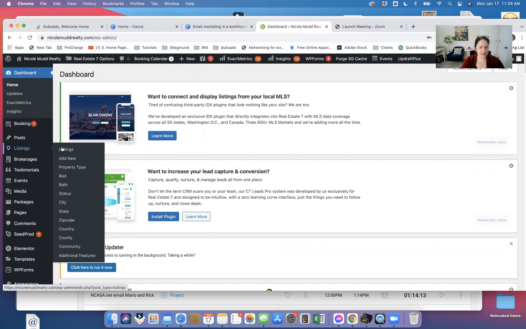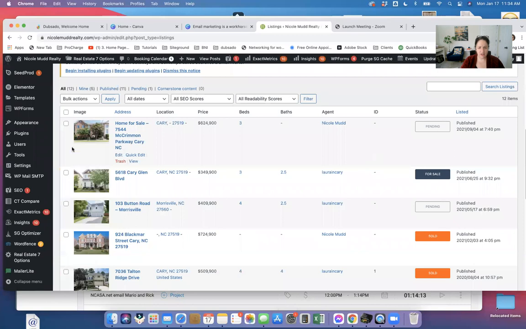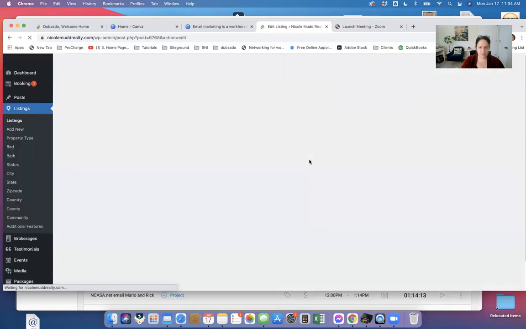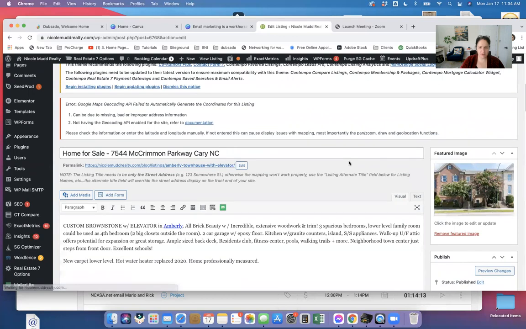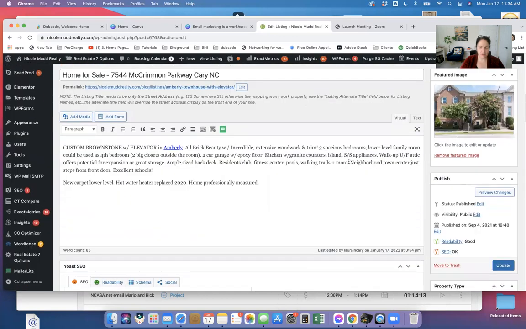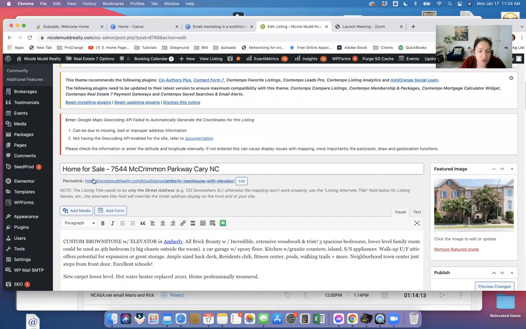And I'm going to go into listings and I'm going to show you the ones that are on the front. So you'll recognize this picture. It was the front of the website, and right now it says pending, and I'm going to go in and edit this. And from here, if you were going to add a new one, you would be adding into the slots that I have added into. So the first thing is,